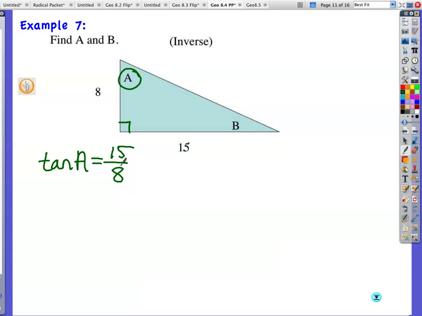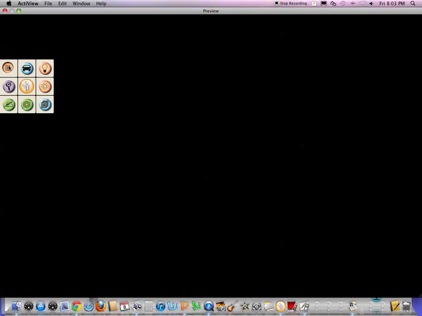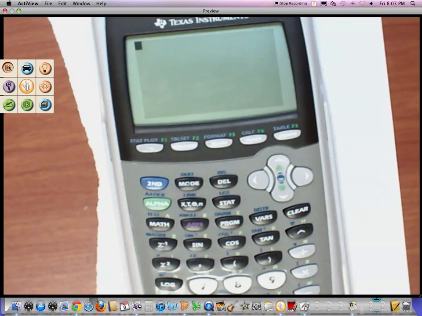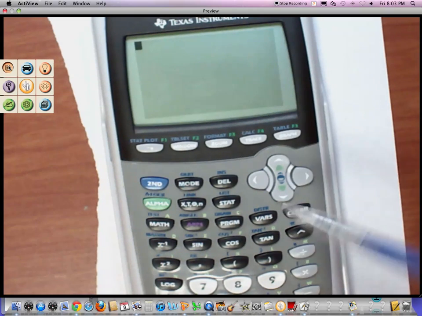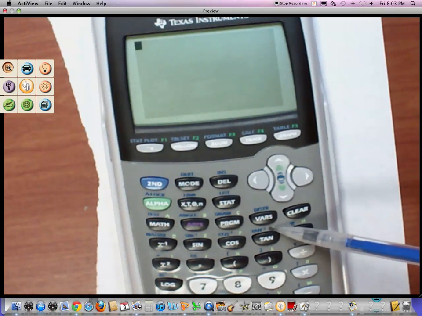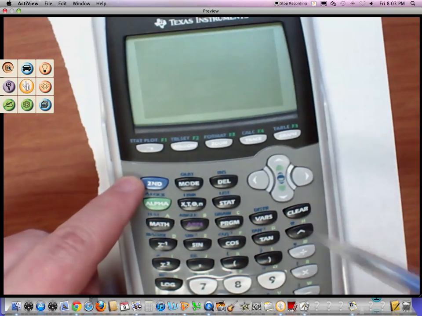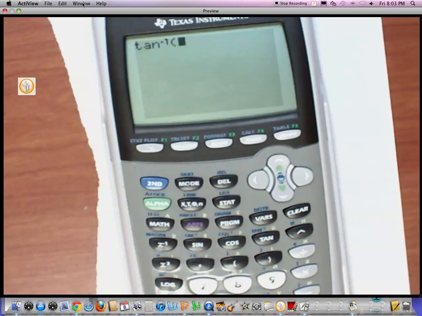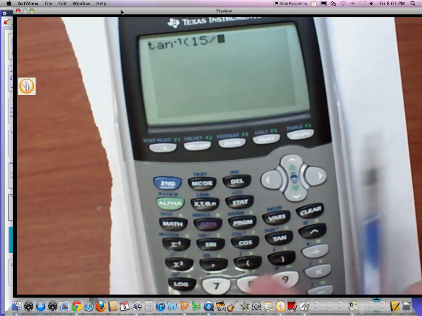Okay, back to our calculators. We want to do like the reverse. So everybody, if you have your graphing calculators, and even if it's not a graphing calculator, you should still have your sine cosine buttons. Okay, so tangent of 15 over 8. See how I have a tangent button, and I know it's not very clear, but I have what's called inverse tangent. That's right above your tangent button, or usually is. So to access that on mine, I press second to get the blue to come into there. And then 15 over 8, so 15 divided by 8,